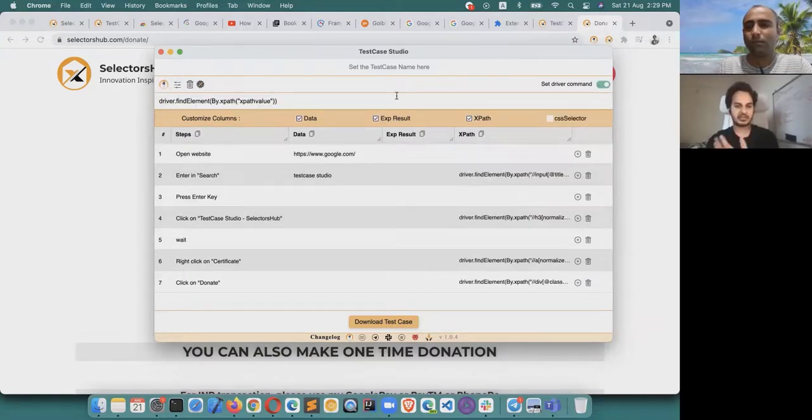So I would really encourage you guys, please explore this one. This is going to save a huge amount of time. And it's just been about 10 days and it's really trending in the software testing industry, Test Case Studio. This is the new trend of software testing right now out there. And around 2,000 people are using it just in a week of launch. That's really cool, amazing.